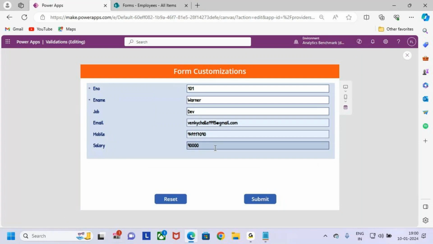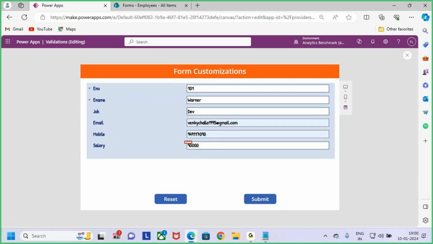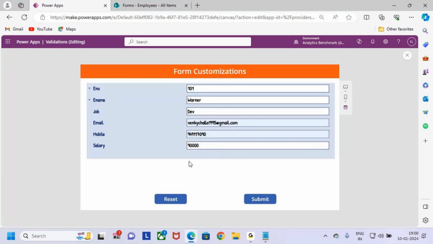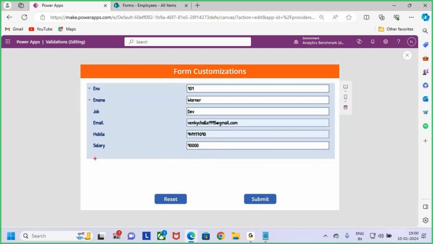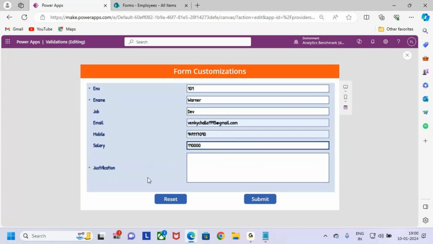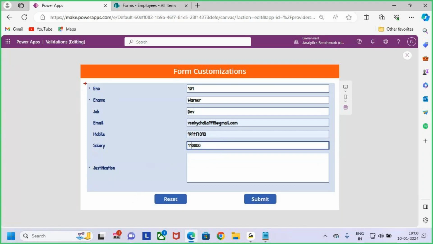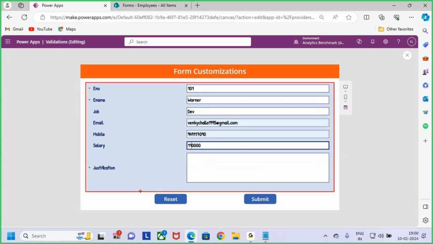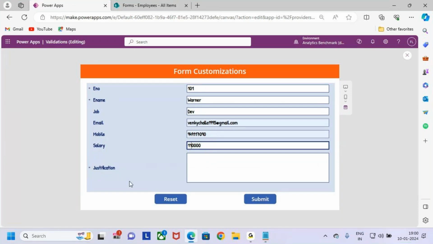Now see, the salary is less than 1 lakh. Now there is no justification field, and the form height is up to here only. Now see, when I enter a salary that is greater than 1 lakh, automatically the form height is increased. I'm able to see the justification field, and it is required, you can enter whatever justification you want